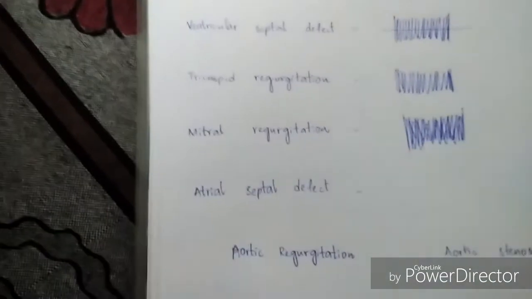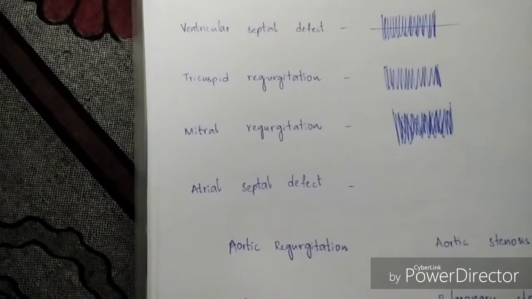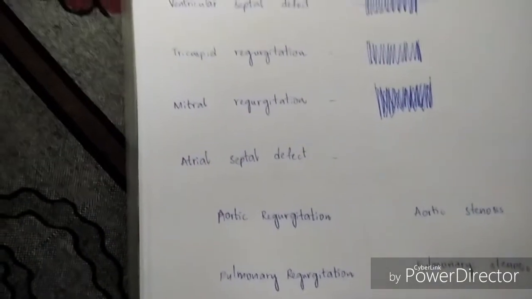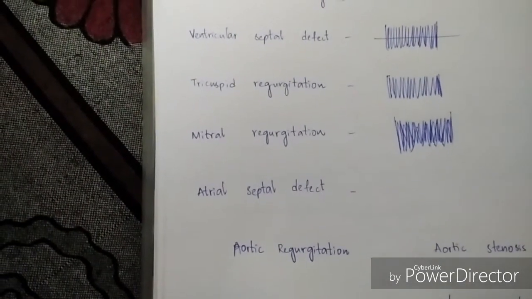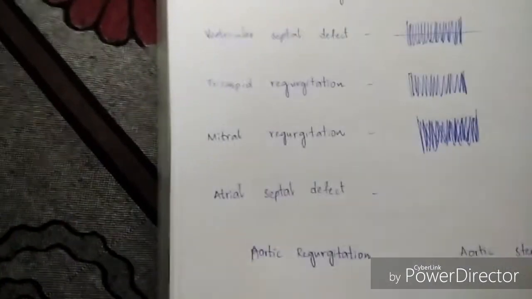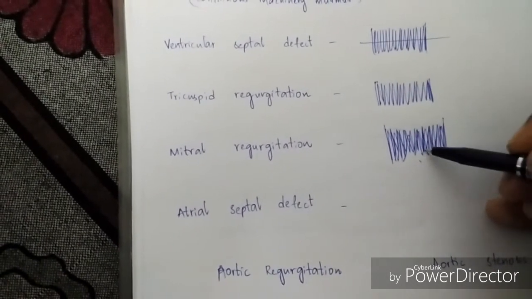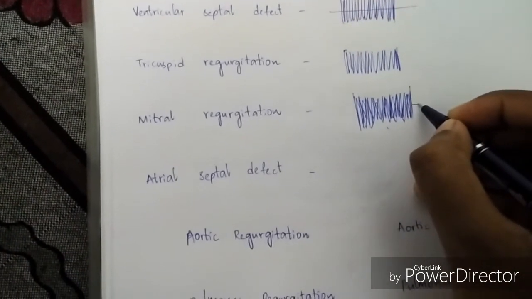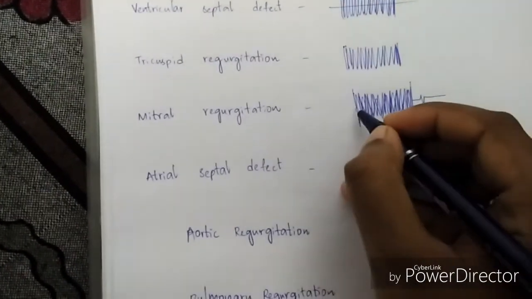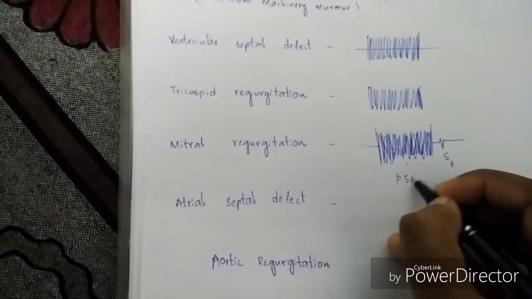You need to remember one thing. These are in pairs. Tricuspid and mitral valves are a pair and pulmonary and aortic are a pair. But remember that mitral is always something more than tricuspid and aortic is always something more than pulmonary. Now, here tricuspid regurgitation and mitral regurgitation can't be the same. So mitral regurgitation has something special. That is S3. There is an S3 in mitral regurgitation.